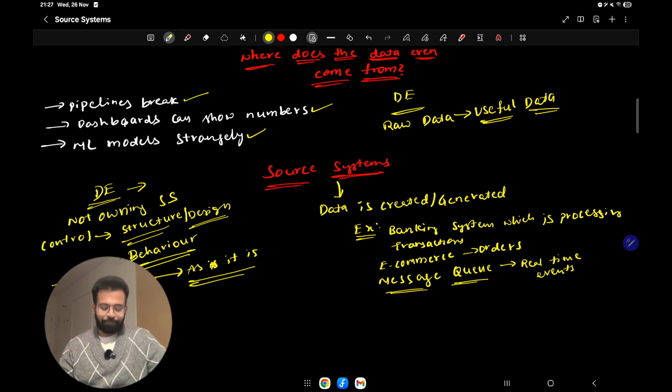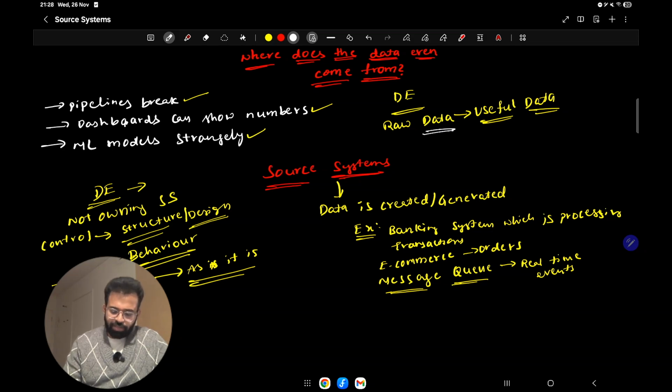Depending on the type and nature of the source system, the data in the source system can behave differently.